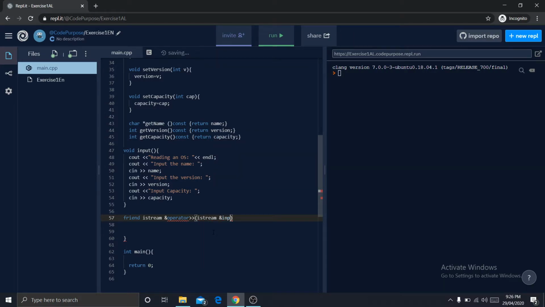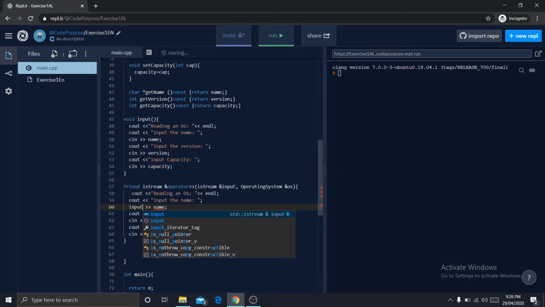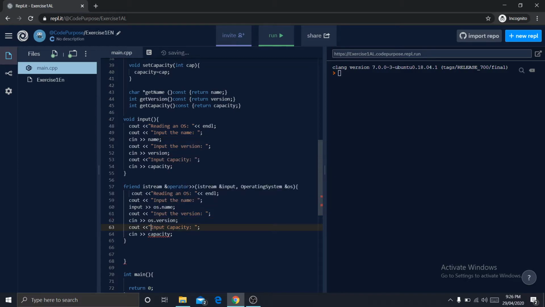istream input, operating system os. We just copy this, paste it here. Now the only difference between this and this is wherever we have syn, we write input, and instead of name we write os.name. The same with the following two parameters, os.version,